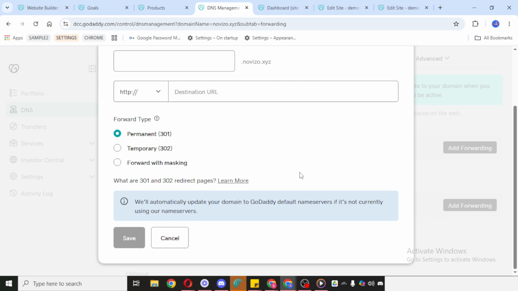In some cases, changes may take a little time to update, so if it doesn't seem active right away, give it a bit and then test it again. Once saved, send a test email to confirm the forwarding is working properly. That quick check can help you catch any mistakes early and make sure your messages are being delivered to the right inbox. And that's how to set up email forwarding in GoDaddy.